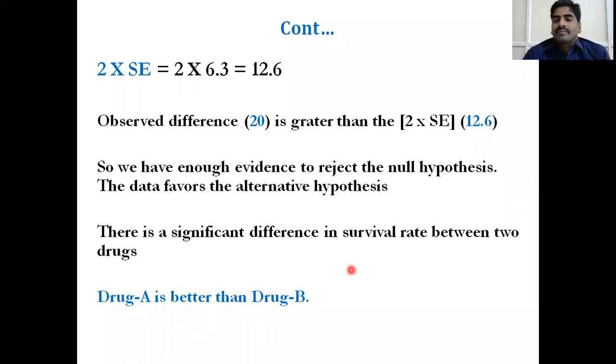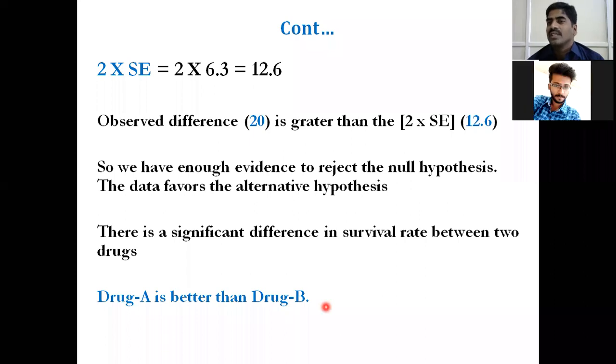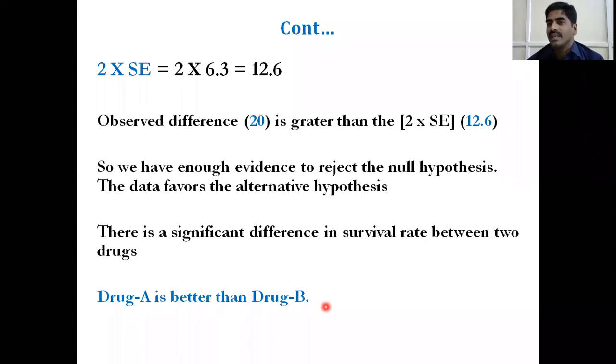Okay, here we scientifically proved that there is a statistically significant difference in survival rates between the two drugs, so that drug A is better than drug B. Drug A survival rate is 80%, and in the case of drug B the survival rate is only 60%. And this difference between the proportions, we proved statistically, is significant. Okay,